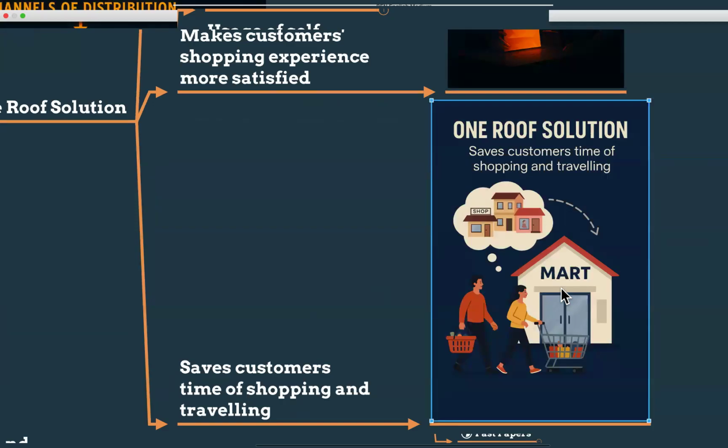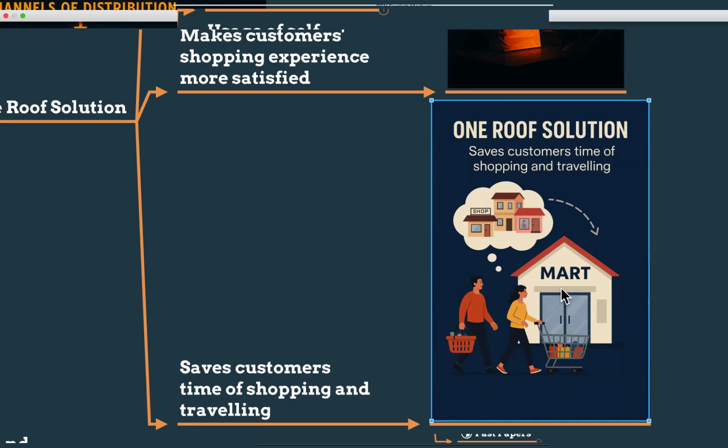For example, you are going to a shop, right? The supermarket is there. You can buy the vegetables, the groceries and necessity items. They have the pharmacy also. They have the bakery also. They have the ATM within their mall. That is one roof solution. So it saves the time. You don't need to go to an ATM and take the money, right? You don't need to go to the bank, and you don't need to go to a bakery to buy bakery items. You don't need to go to buy your medicine items. You don't need to go to a supermarket separately. So everything in one place, a big mall. So it saves your time, it saves your effort, and it makes shopping convenient also, right?